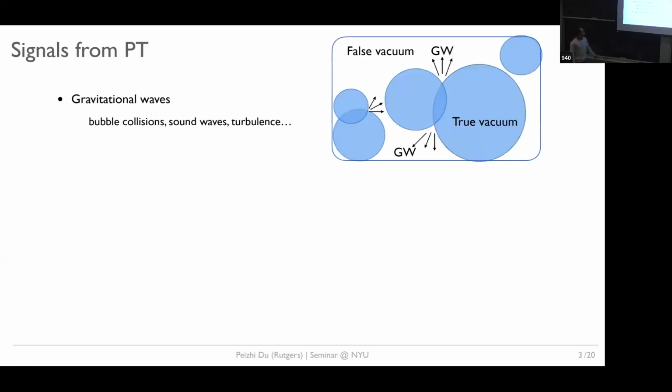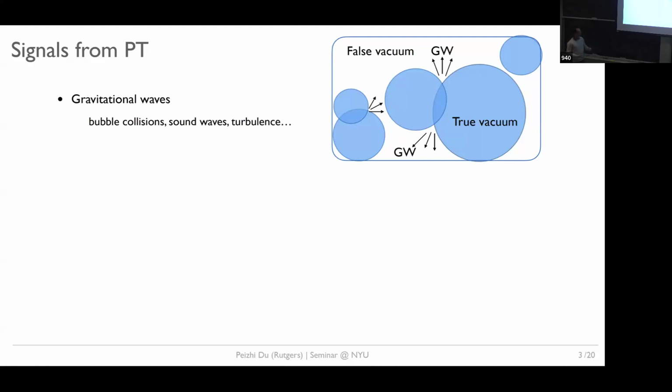Okay, so let's get started. The first part is what kind of signals we can get from cosmological phase transitions. One signal I mentioned before is gravitational waves, and it is now a very hot topic. On the right I showed you a cartoon picture of how to generate gravitational waves from these first order